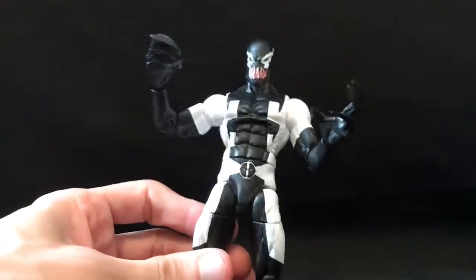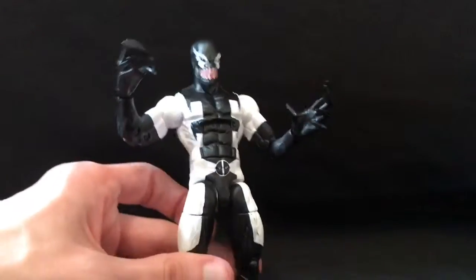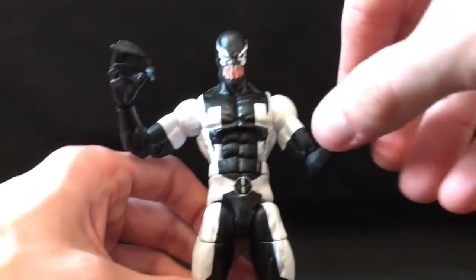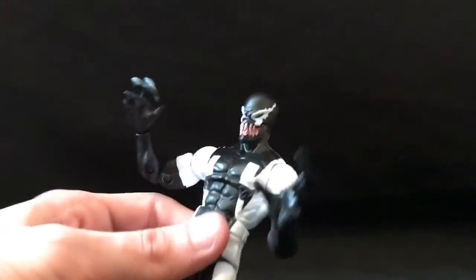It's like this figure could have been really, really nice and probably would have made it onto the top 10 of the year had it not been for those issues. I like this look, but it's Deadpool, and it doesn't scream Deadpool to me. I want to like this guy, but he's got too many little stupid things, and he also...